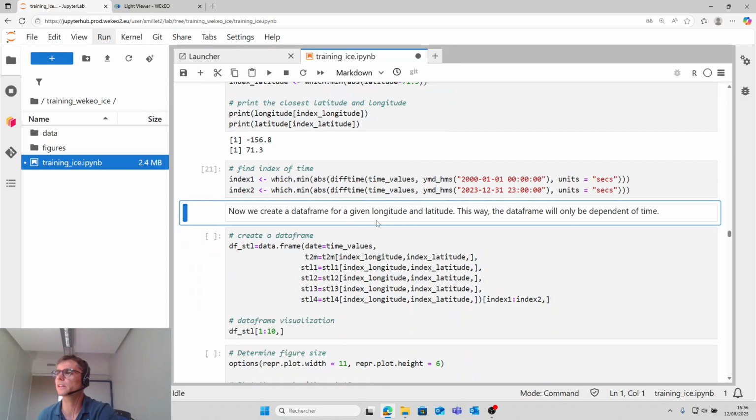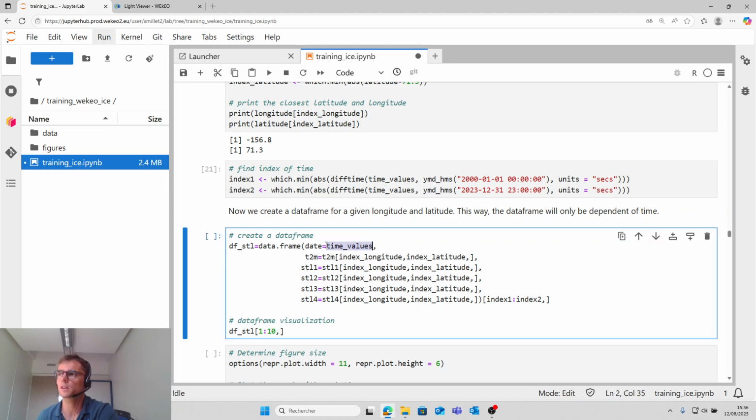And now we can create the data frame that depends only on the time, because we use the index of longitude and latitude, and we keep only values between these two dates.